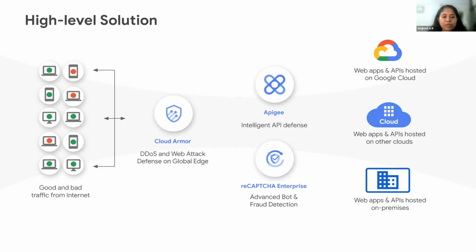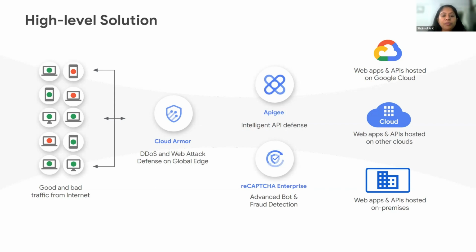Now, botnet detection is something that you can do. You can identify traffic coming from botnets so that it can be blocked before it reaches your environment. This bot attack protection is provided by a service called reCAPTCHA, which I'll explain in a little more detail. Also, most applications expose APIs that are accessed by other consumers. Somebody might be accessing your API to interact with their application or ingest data into your application.